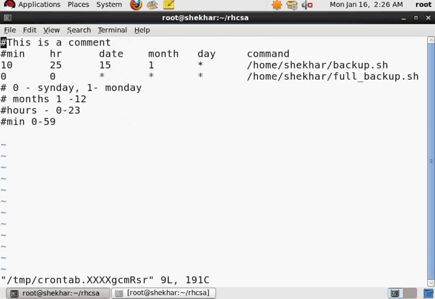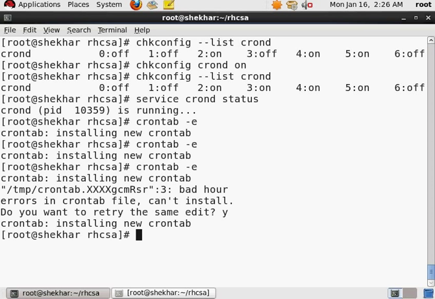And I say yes, and I change my hour to 12, let us say. If I want to do it at 1 o'clock in the afternoon, I will say 13. So likewise, you will have to understand how to give instructions to the crond. Now the most important thing is, if we forget whether the first one is the minute, the second one is the hour, and all that stuff, the best thing again is to check the crontab